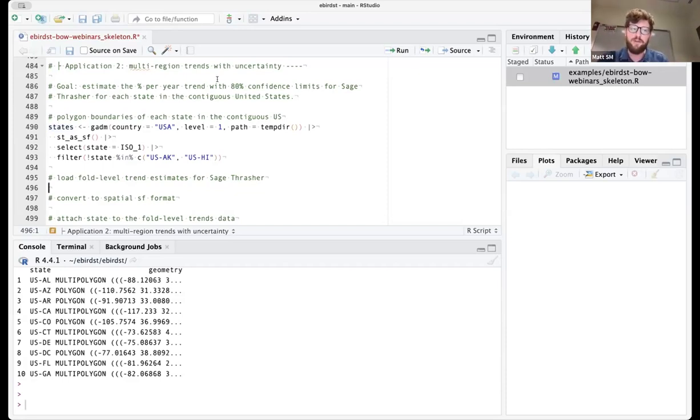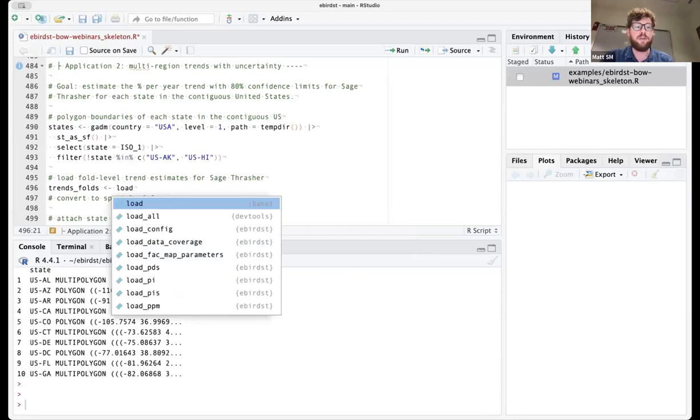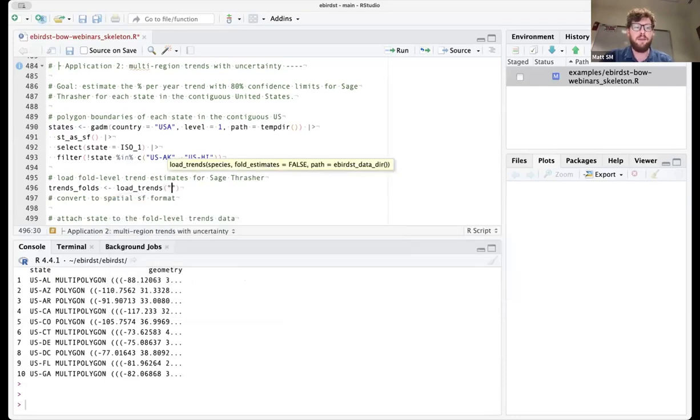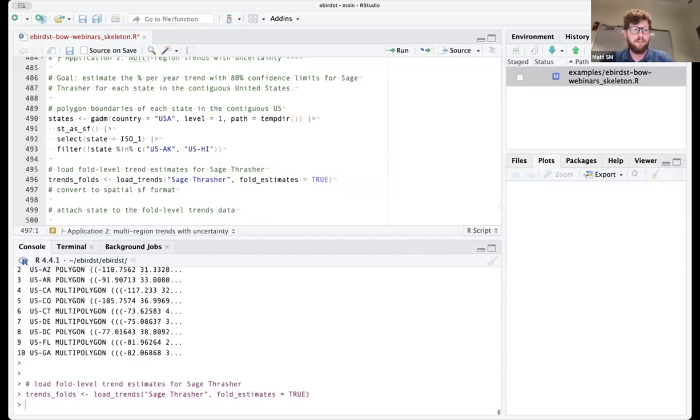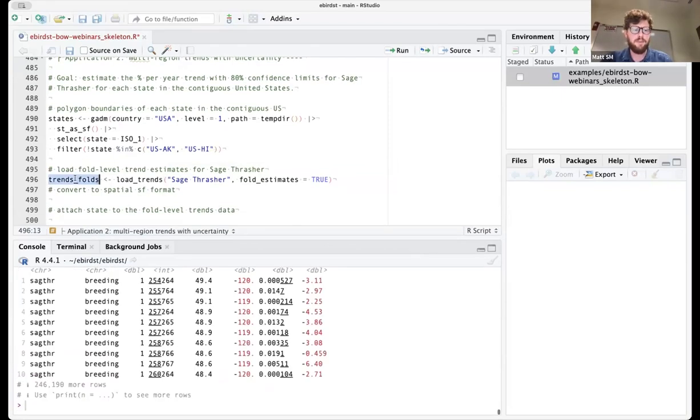So it's a different data frame than the one that we've already accessed, which shows the values summarized across those 100 folds. If we want to load the fold level trends, it's the same load trends function. I'll give it the name of the species as always. But now we say fold estimates equals true. So I'll do that and we'll look at this data frame.